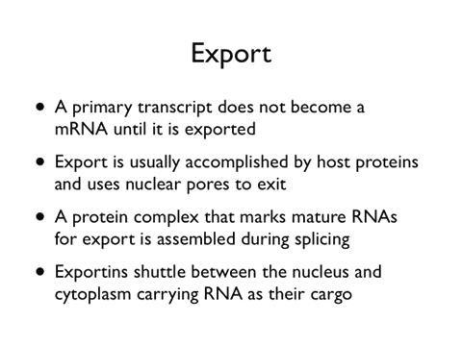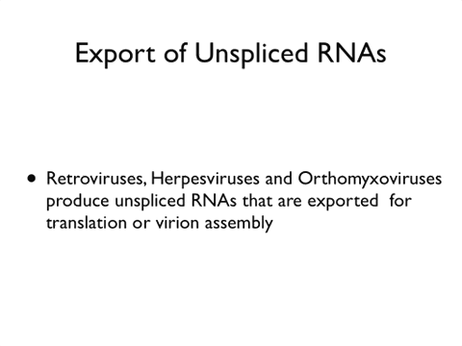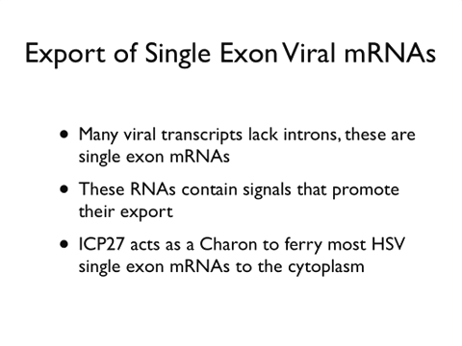How do you get an RNA out of the nucleus that doesn't have a splicing signal? Well, that's where viral proteins come in, and retroviruses, herpes viruses, and orthomyxoviruses produce unspliced RNAs that are exported for translation or virion assembly. So how do they do it? Well, let's talk about